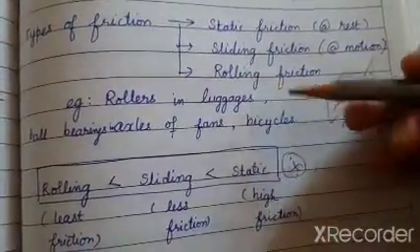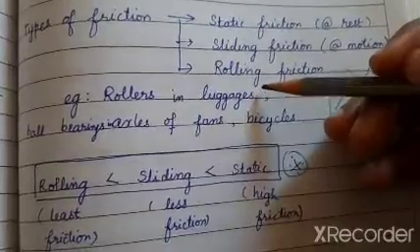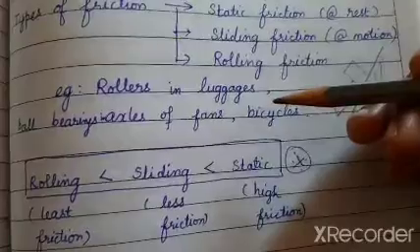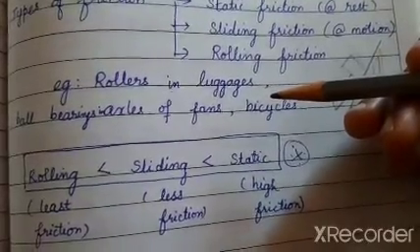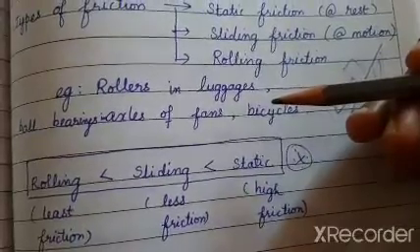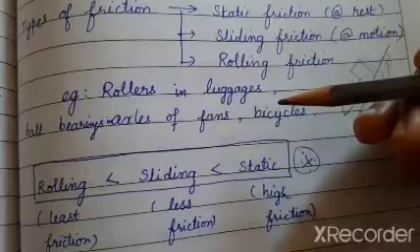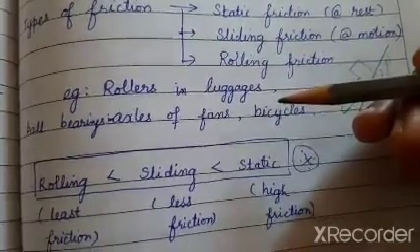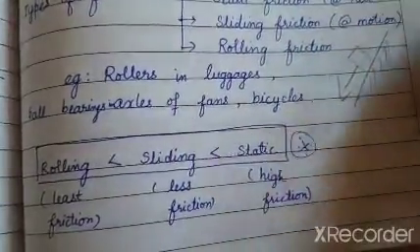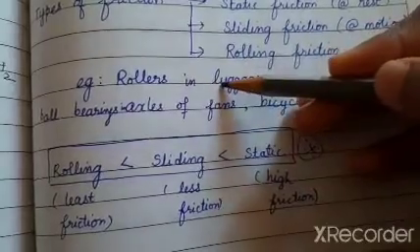Consider our trolleys, the luggages which we used to carry. Yes, they have the rollers at the bottom. Imagine a trolley without a roller. Is it possible for us to drag it, or is it possible for us to carry the heavy load? It is quite difficult, right? But our work is made easy with the help of rollers, because they roll down and we do not feel the heavy load in our luggages.